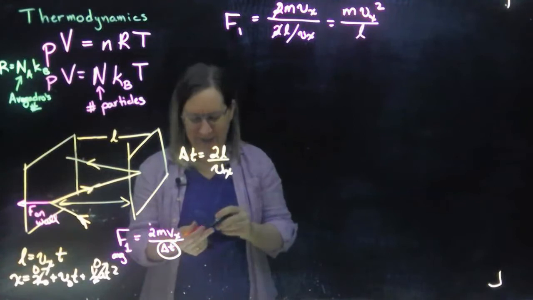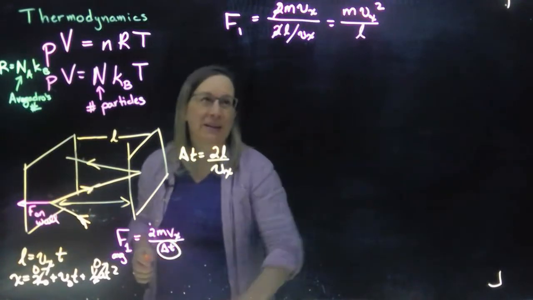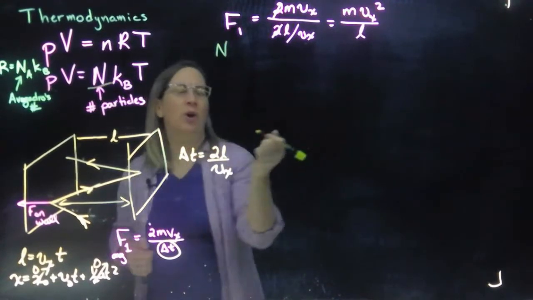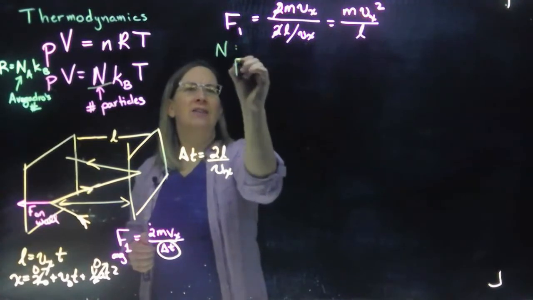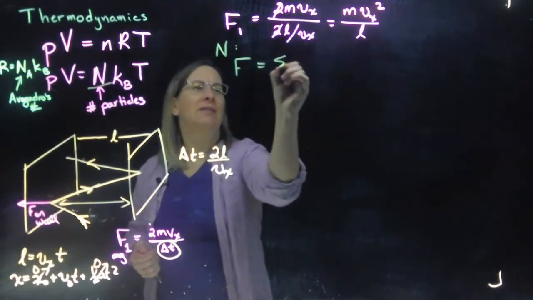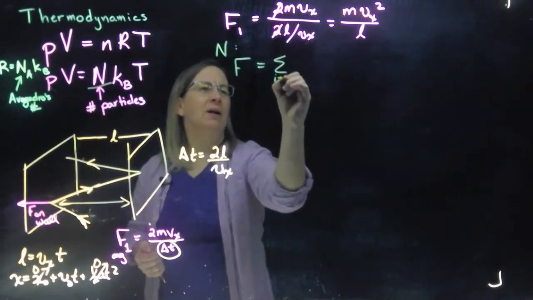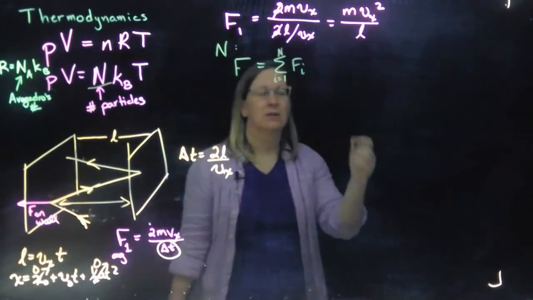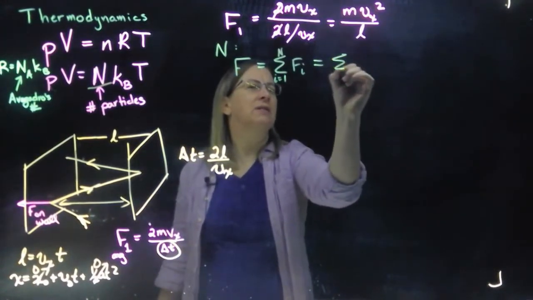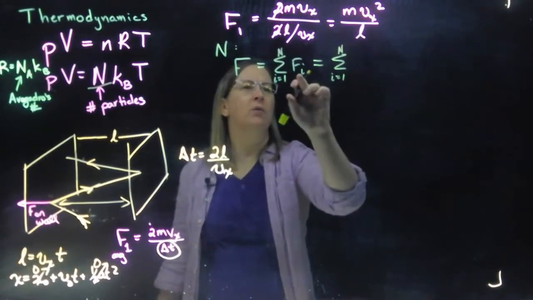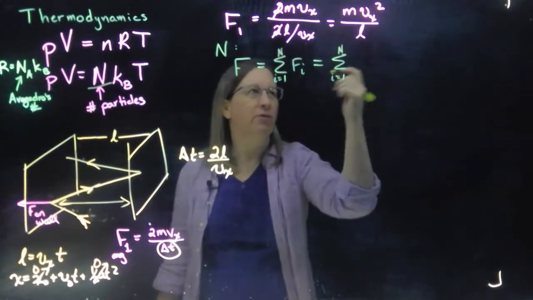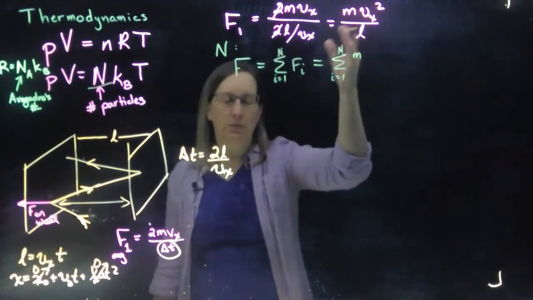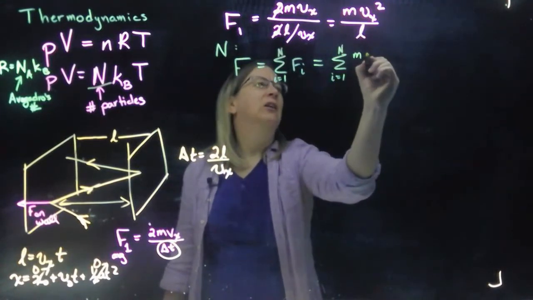Well, of course, we don't just have one particle in a box. We have many. And so what we do is we say if we have n particles, then the total force would be this sum from i equals 1 to n of F sub i. In other words, I have to add up all of these. So it would be F1 plus F2 plus F3. So that would be m, if it's all the same particle, which I didn't say it was, but we're going to say it's all the same mass, Vx